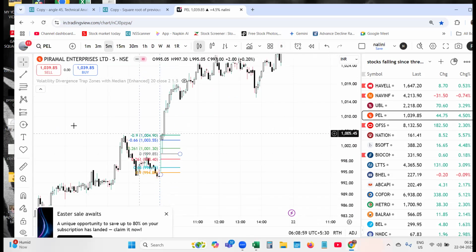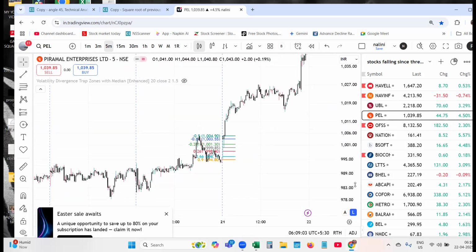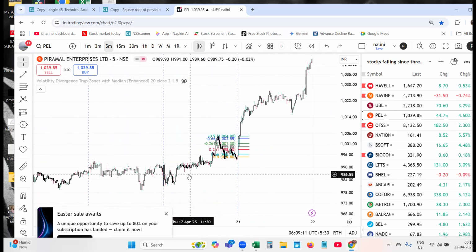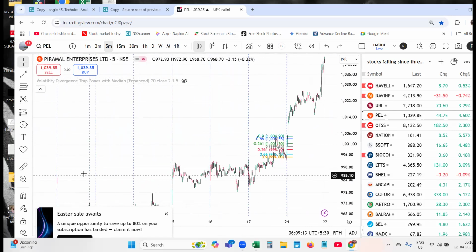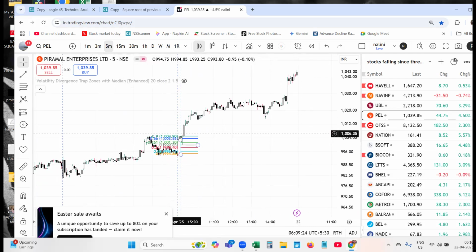And also it has come in the 5 days breakout. You can see it consolidated for 1, 2, 3, 4 days, and it is above the 5th day breakout. That means it is a weekly breakout combined with a 5-minute angle. So we are screening for 2 things because the 5-minute is very important for us.